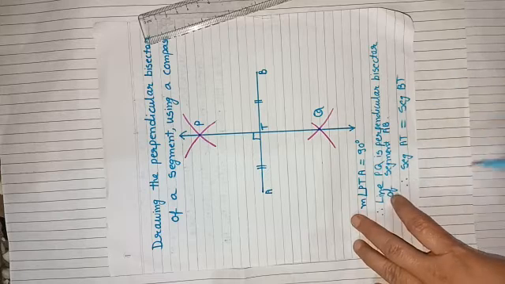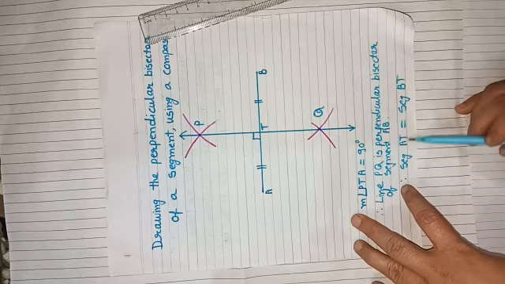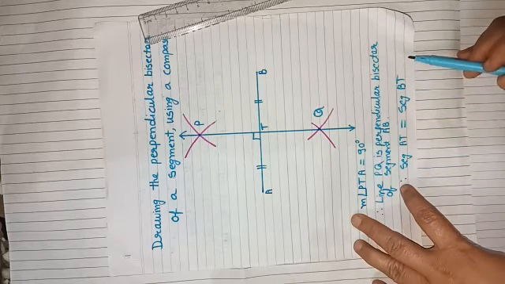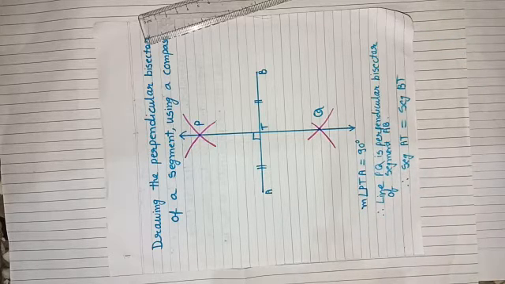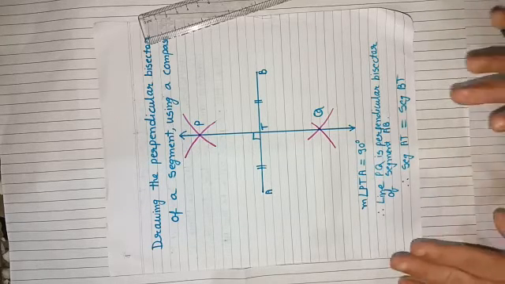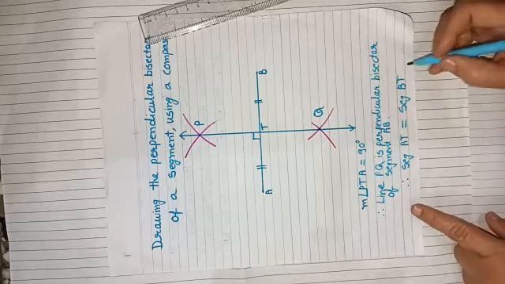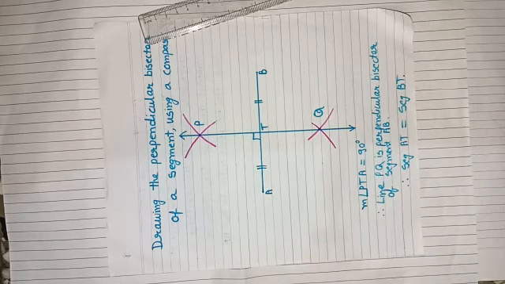Therefore, in addition to this, you have to write down seg AT is equal to seg BT is equal to 5.5 centimeters. But students, they have not mentioned it. We have measured these lengths with the help of a ruler. Therefore, we have done our construction up to this step only. So students, you have to do this construction in your copy, and you also have to write down all the steps which are given on page number 91.